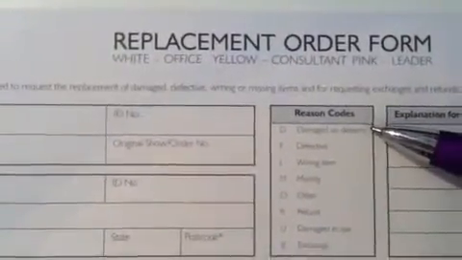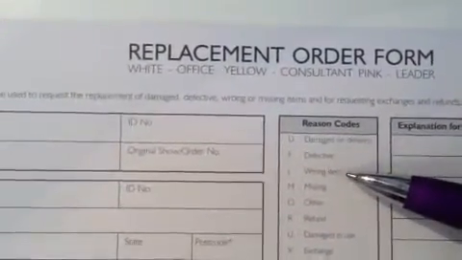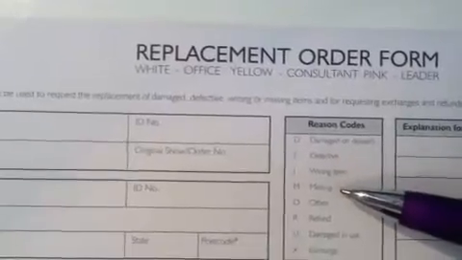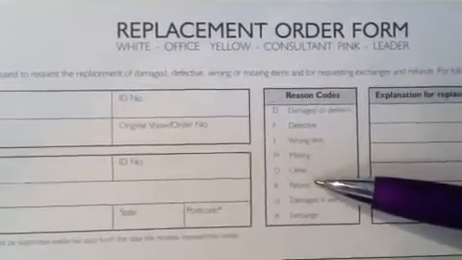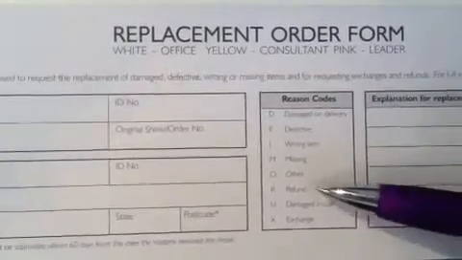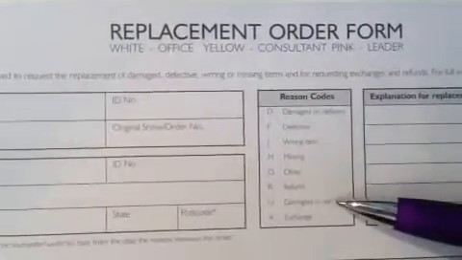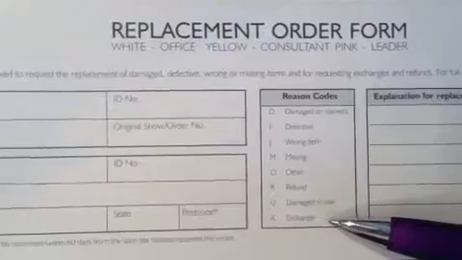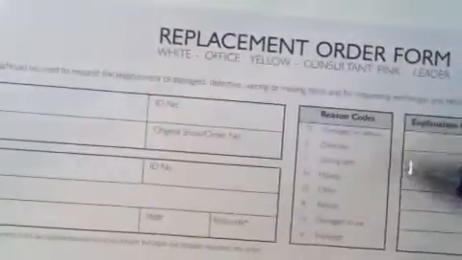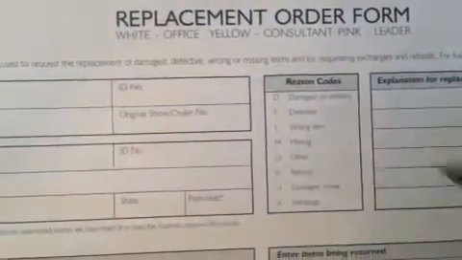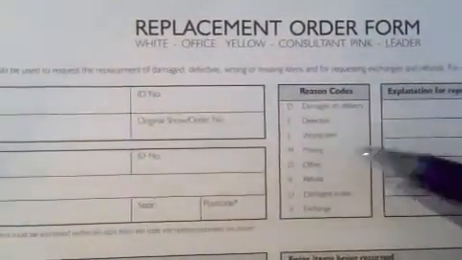items are damaged on delivery, defective, if the wrong item was delivered, if something was missing from the order, other, not sure, refund, people can always change their mind and ask for their money back, damaged in use, or if someone just decides that they want to exchange their items for something else. These are all valid reasons to use a replacement order form and should be considered when you're filling in the